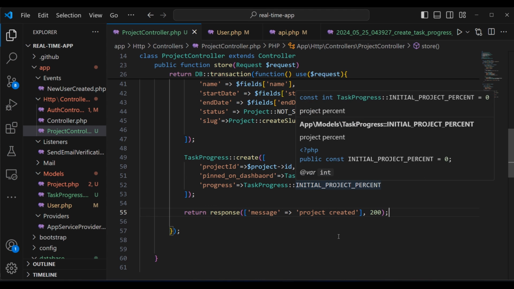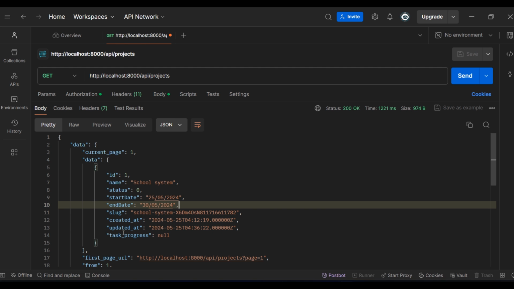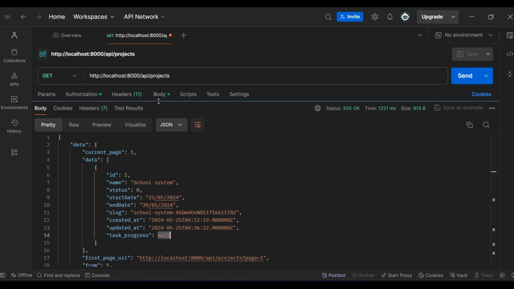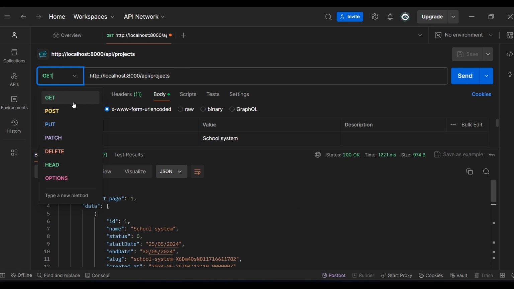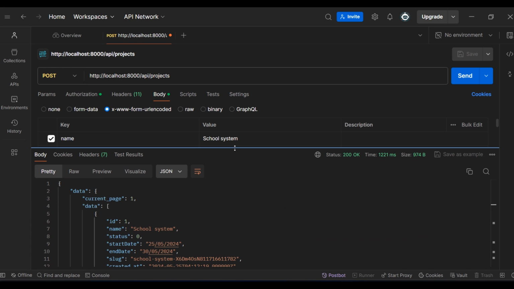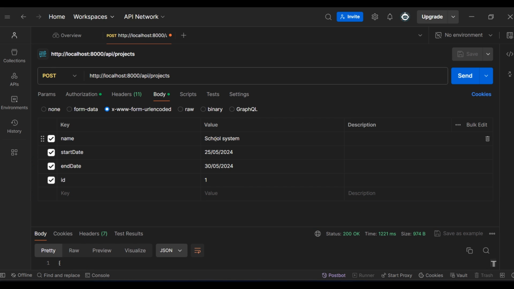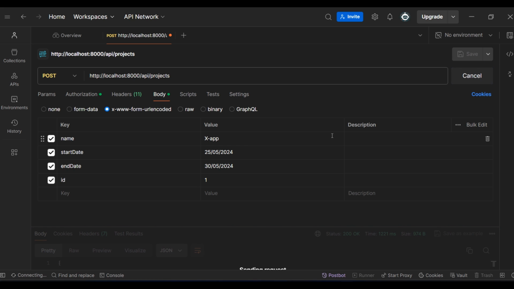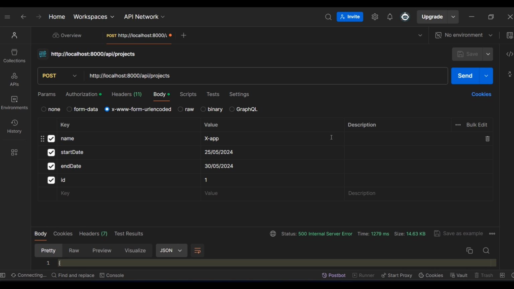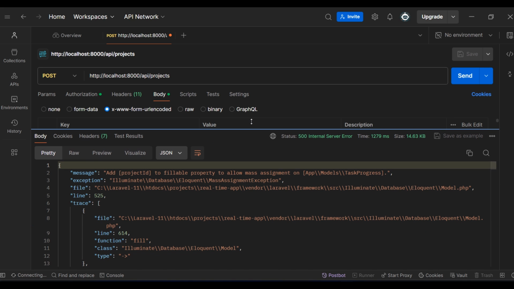Now let us create another project, and you're going to see that right here, we're going to get an object. And here, I'm going to change first the HTTP verb. And for the project, we're going to say it is going to be X app. This is the name of our project. And then I'm going to click on send. We just created a project, but also we just initialized the task. We are getting an error, task project